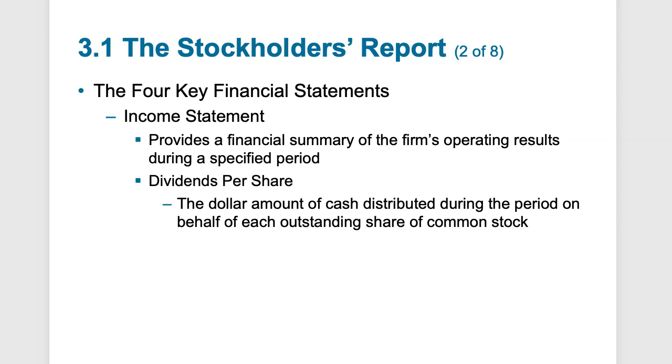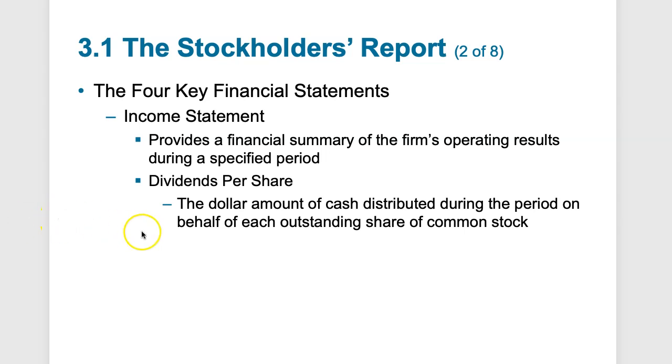Now, with the income statement, for an individual it'd be most similar to a paycheck stub, or a payment statement for your wages. So a company is going to list the revenues, it's going to list their expenses, it's going to list their operating profits, their net profits, their taxes, their interest expenses. And this is what we're going to use to get an idea of how the company is performing income-wise.